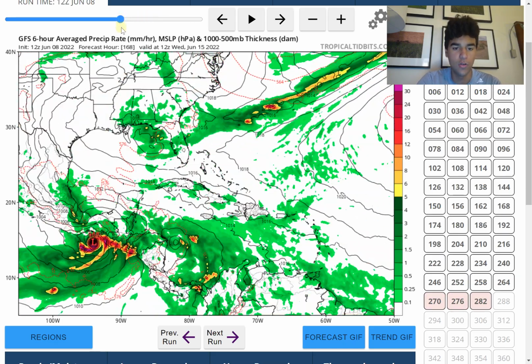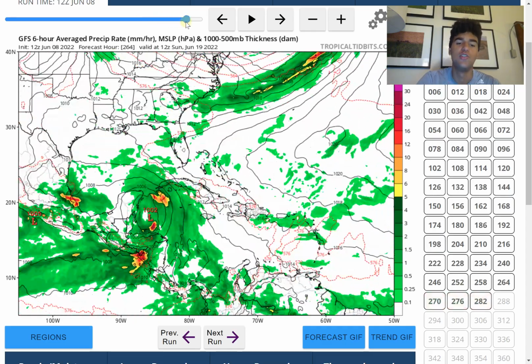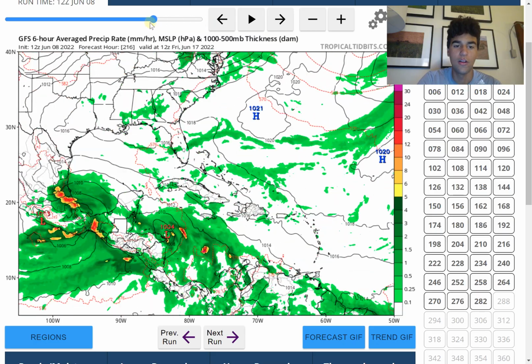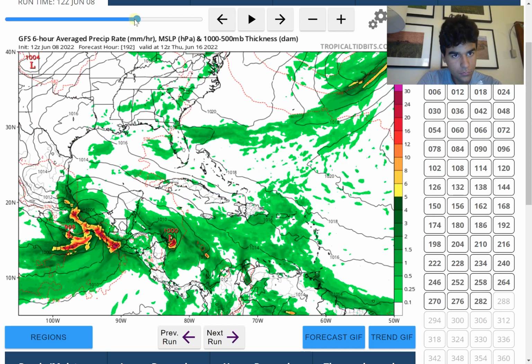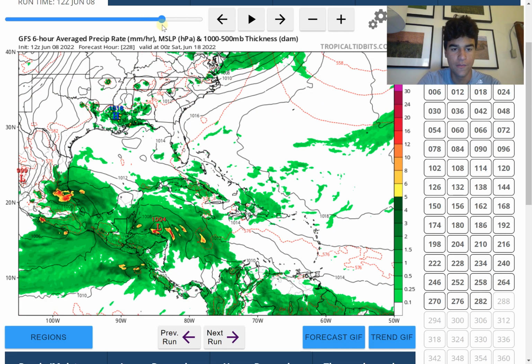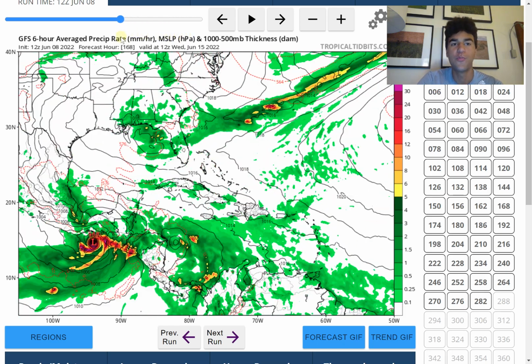But the GFS model, despite this, is mainly keeping the low pressure system just enough offshore to where it's still developing as it moves northward. But it's definitely different from yesterday's run, because yesterday's run, the GFS model wanted to take a much stronger storm, but now the GFS model has definitely lowered its intensification, by how fast it intensifies as it moves northwestward,